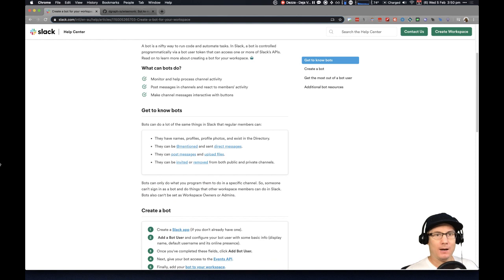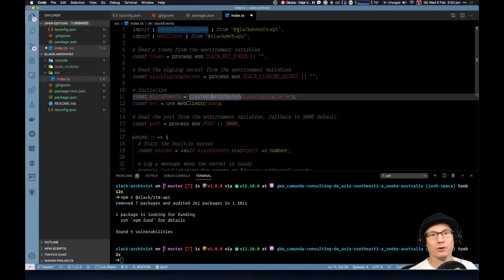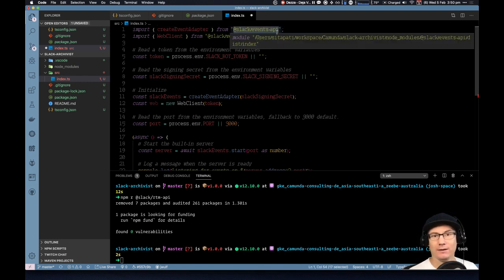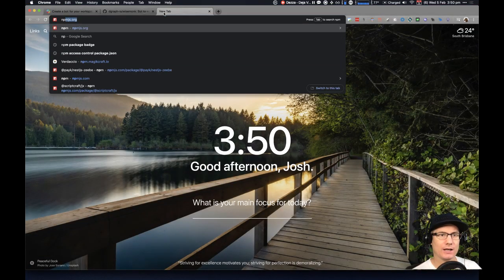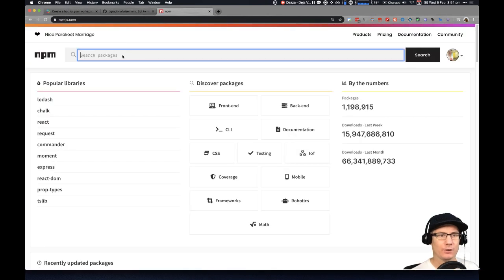Unfortunately, you missed out the first part where I created the repo and then scaffolded a basic kind of application structure here, and grabbed a couple of, these are the official Slack packages, API things. At Slack is where they keep their packages. Let's have a look on NPM. That I did not find by searching NPM itself. I searched for Slack on here and got a bunch of different things. But what eventually got it for me, let's have a look here. If I look for Slack on here,